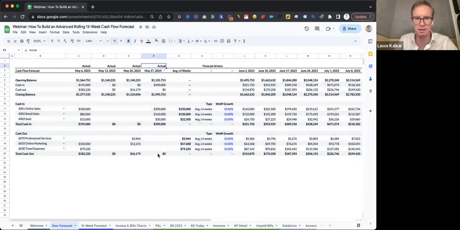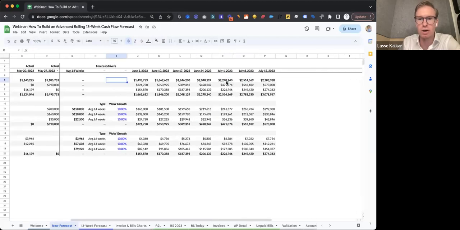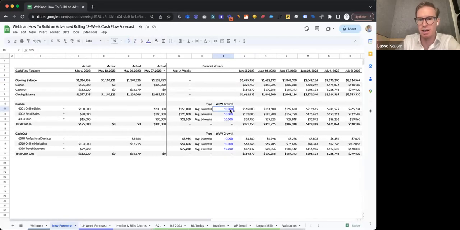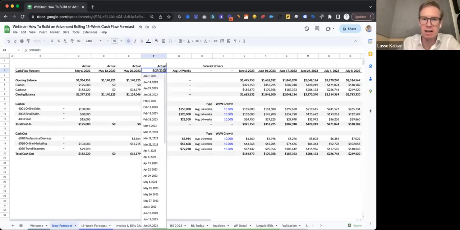And we can do like this, add a border here. Okay, so now we have the forecast somewhat built out. It's still in a basic format, of course. But what you'll see now is if we change this